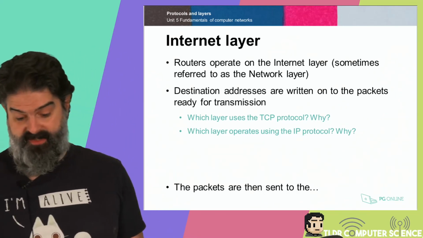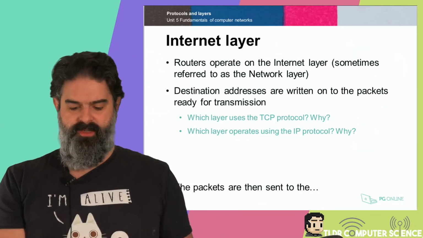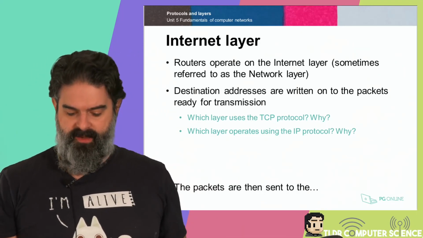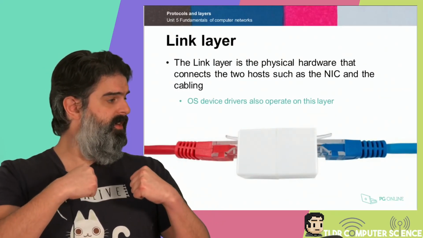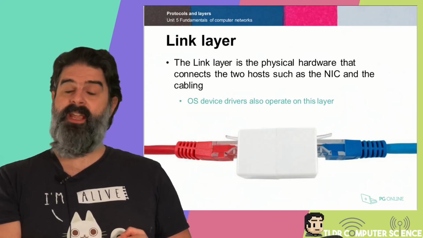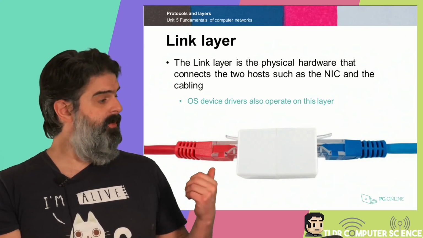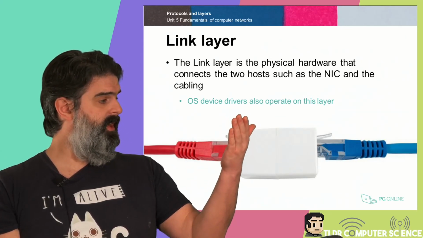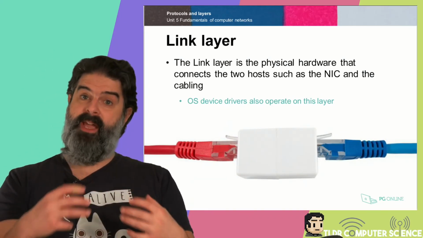So, yes, at the internet layer, it's where it's going to put the IP addresses on, making sure it's getting put down the right layer, the right way. And then finally the link layer. This is the physical part of the TCP bit. It looks at the NICs, the network interface cards, looks at MAC addresses, and puts them on. There are even operating system device drivers to make sure it actually does work. So when it picks up the internet on the other side, picks up those packets, it can understand